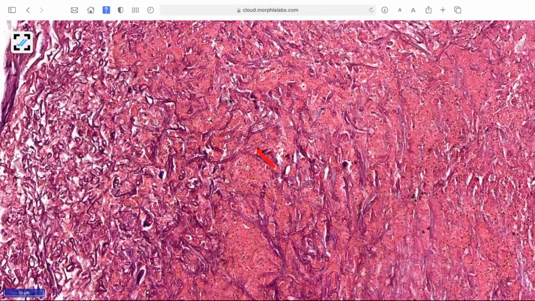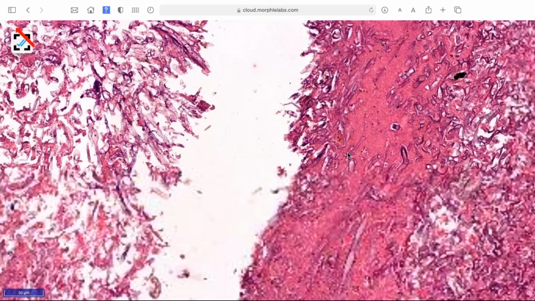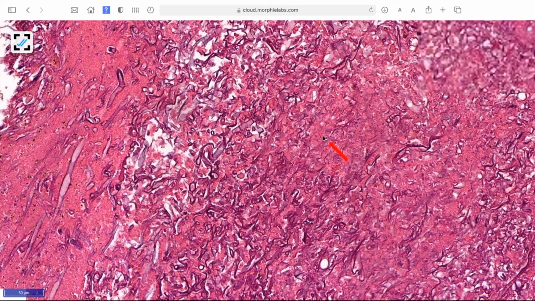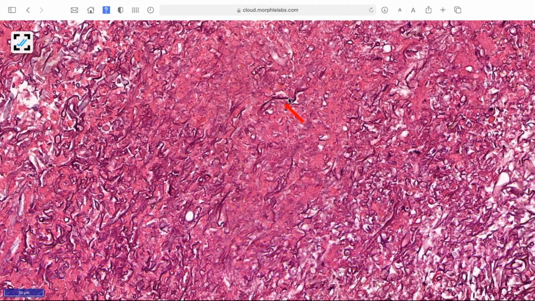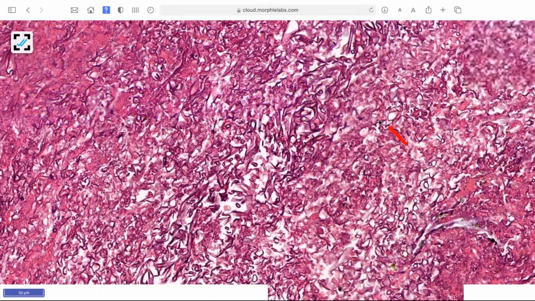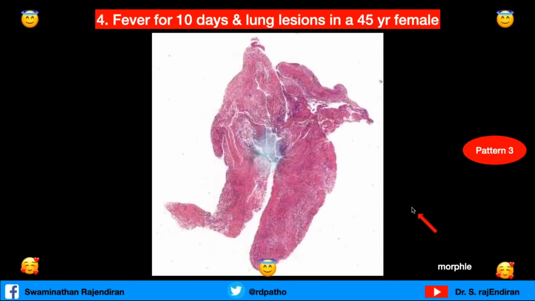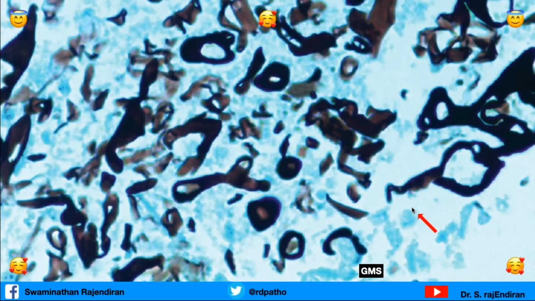Okay, usually this happens in immunocompromised, especially diabetic patients. Ribbons of translucent material. Okay, so you can see a huge amount of microorganisms here. So let us go to the slide. So this is the silver stain to show the extensive number of microorganisms.